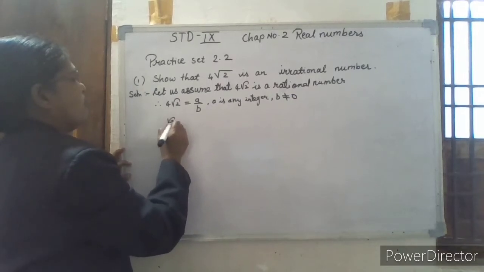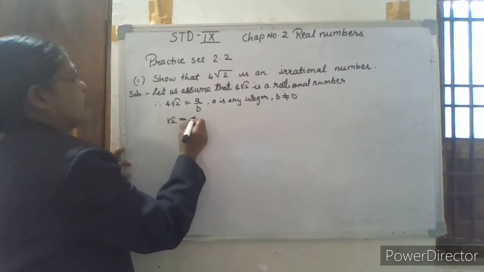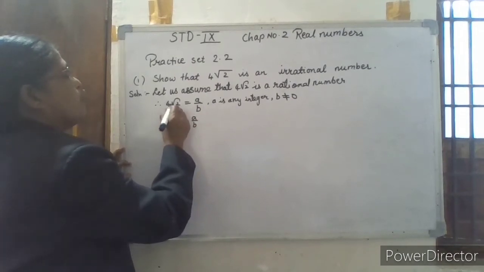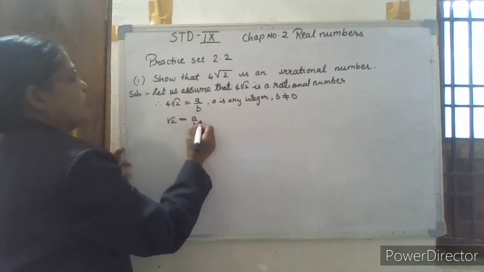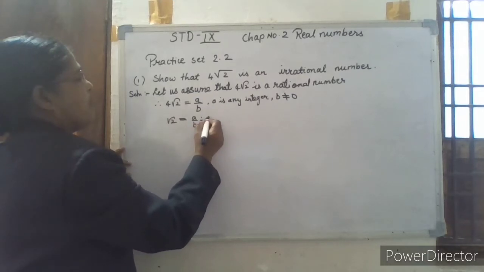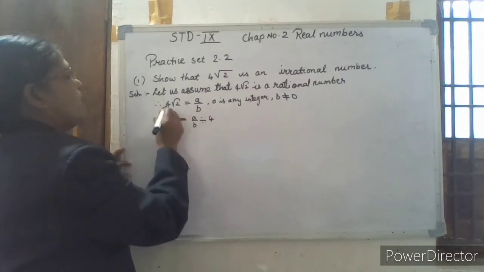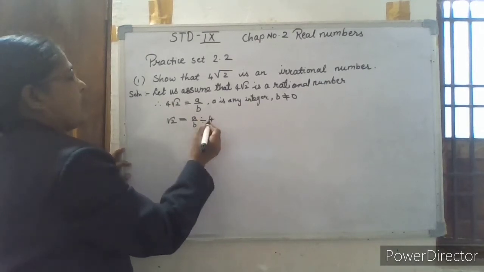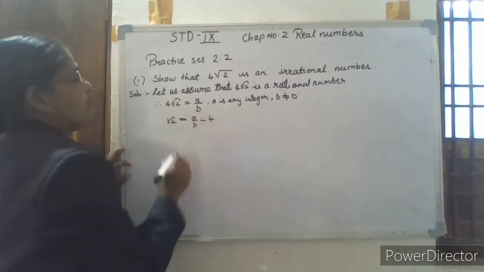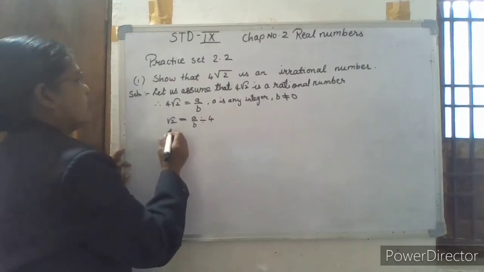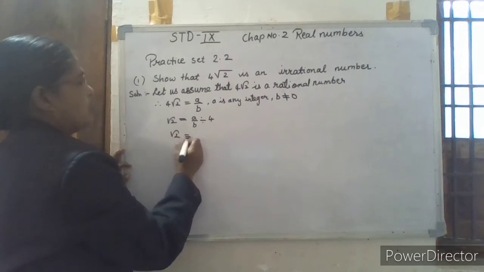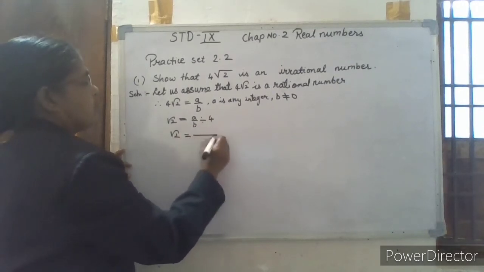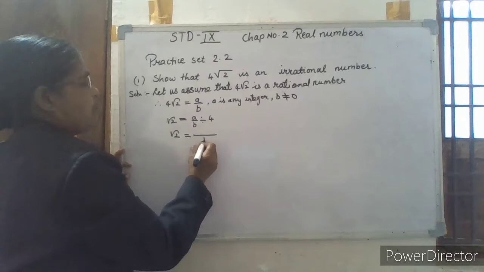So, root of 2 is equal to a by b, divided by 4 multiplied by root 2. So, when 4 comes this side, it becomes divided by 4. Now, therefore, root of 2 is equal to, as b is the LCM,